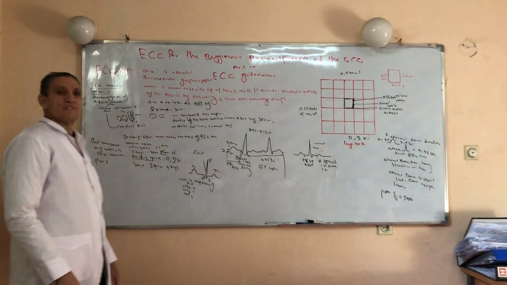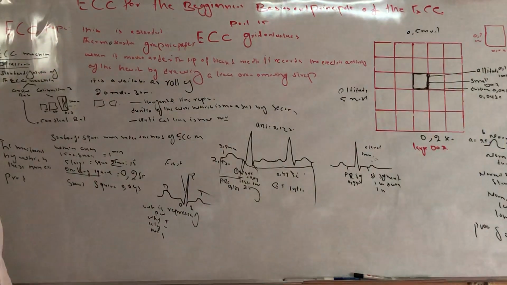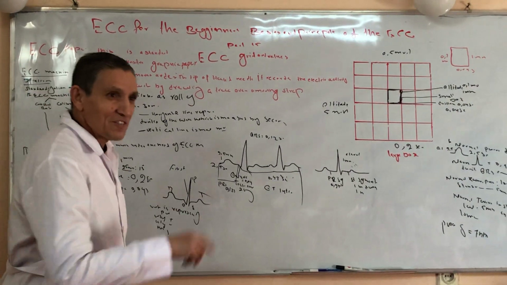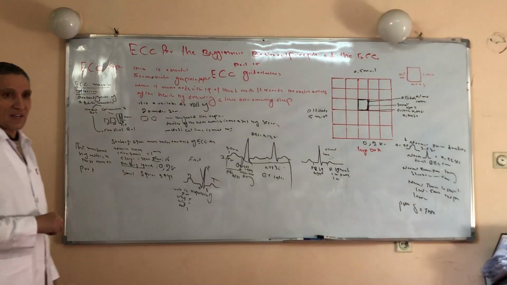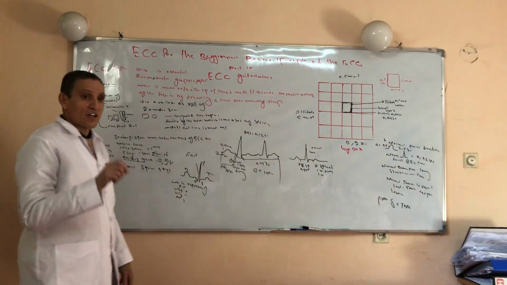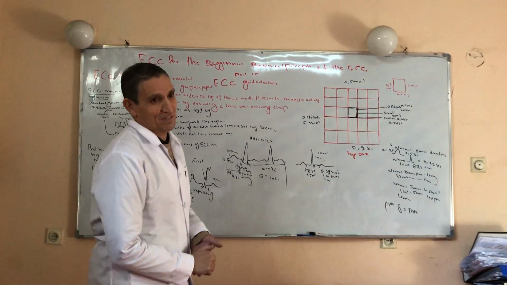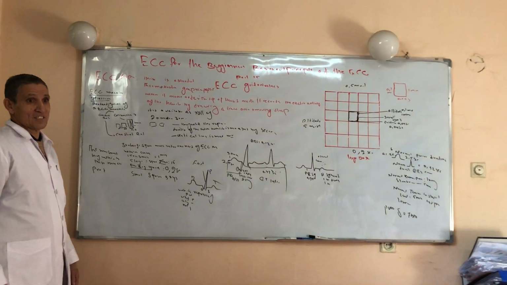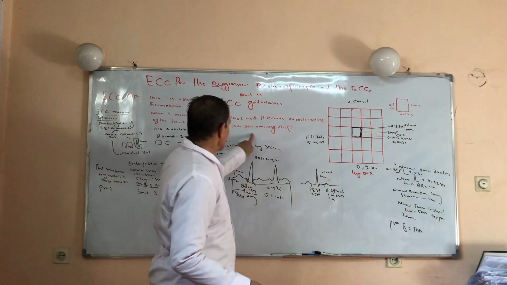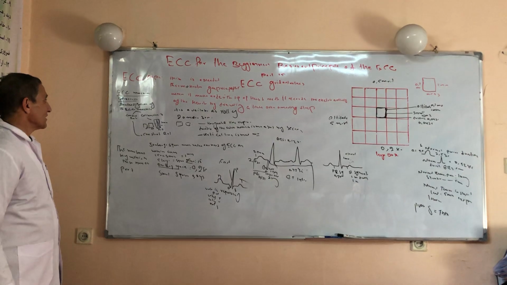What is the ECG paper? We have already discussed this matter for 3 weeks. ECG paper is a standard thermosensitive graphic paper. When it moves under the tip of a heated needle, it records the electrical activity of the heart by drawing a trace over a moving strip. A little bit tough for you guys. I will discuss this step by step after this lecture. That was the definition of the ECG paper, so we have understood it.